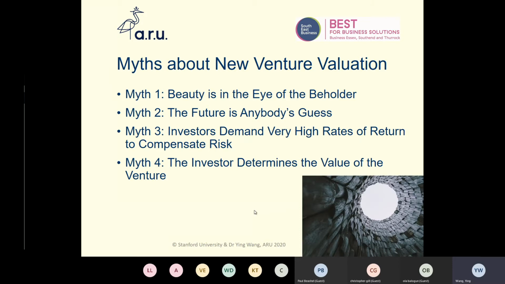So the myths about new venture valuation. The first myth: beauty is in the eye of the beholder. In other words, what it is,